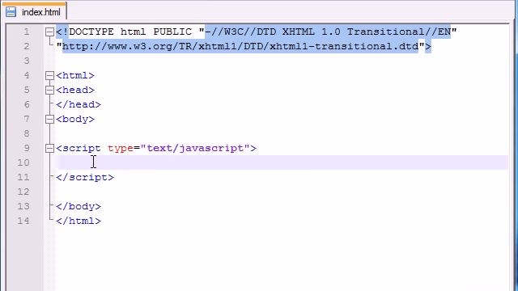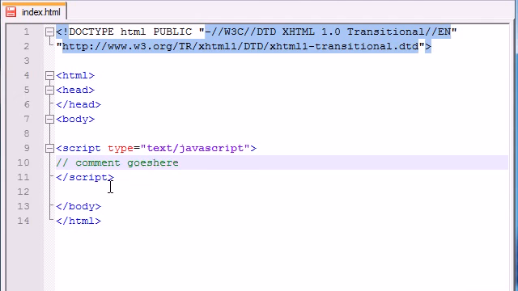Well, a comment is basically just like a sticky note or a reminder telling you to do something, like maybe edit a line of code or add something else to your web page. It's going to be a line that your browser just ignores, just so the programmer or whoever created the web page can follow along easier. So in order to add a comment in JavaScript, go ahead and press // and then type